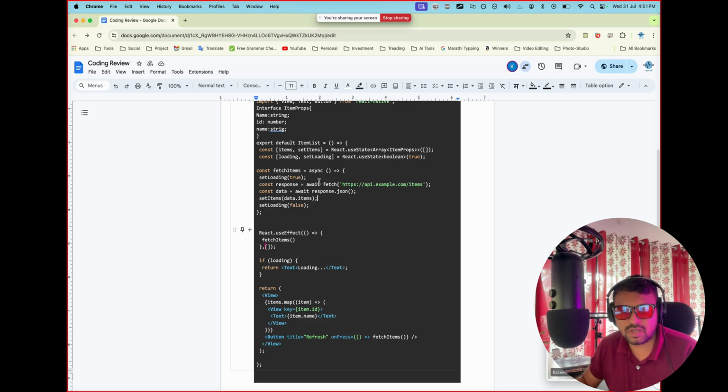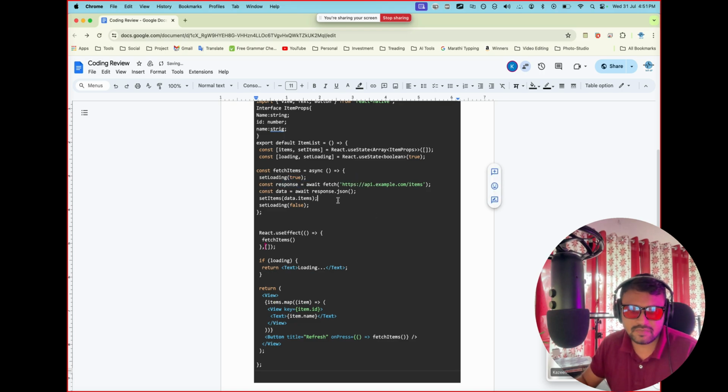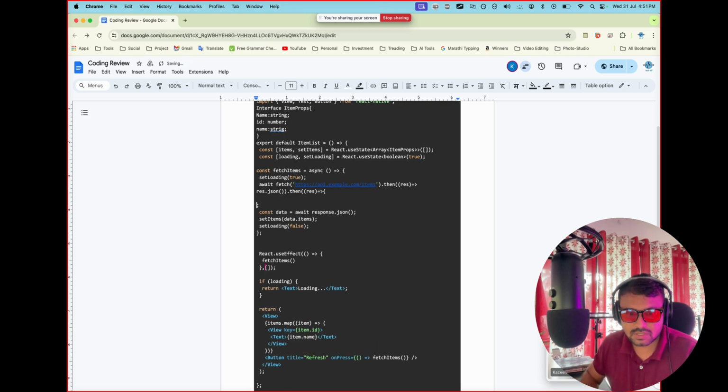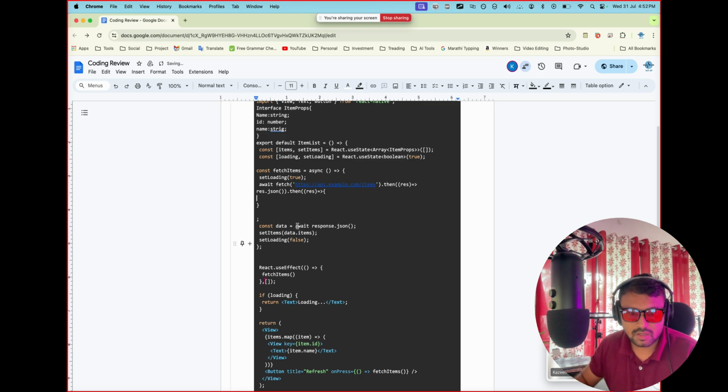Let me check. Okay, so we will use the promise concept. Let me remove the unnecessary code. So we need a dot then. Obviously we also need the set loading, but those are not required. So within a single line we need a dot then, returning a response. We call response.json, again dot then, we got the result, and yes, arrow functions. So here directly we will use